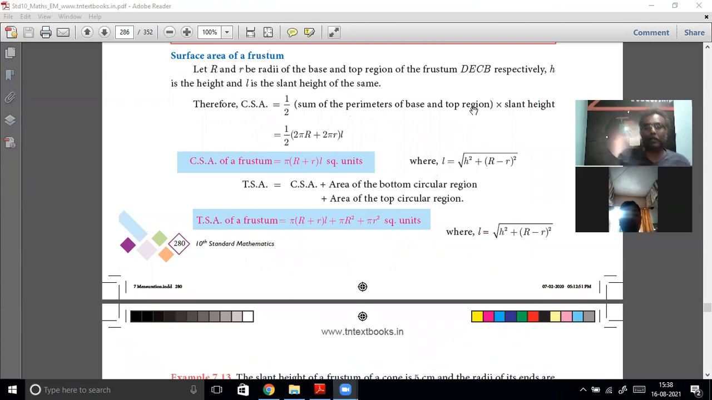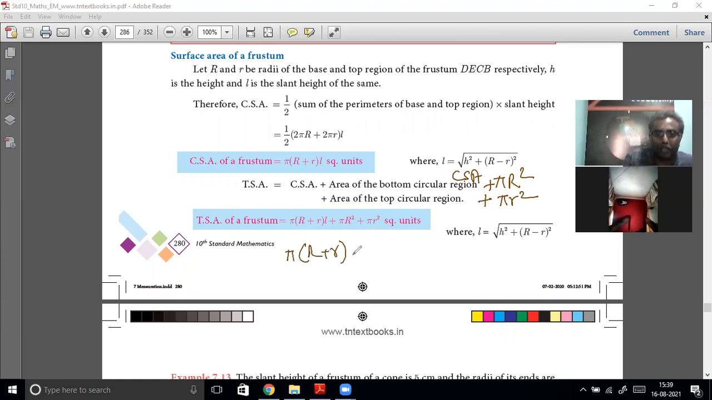That means you have to add what? You have to add the area of the bottom circular region, that is pi r squared, and the area of the top circular region, that is pi r squared. So CSA plus both. Already we know CSA is equal to pi into (R plus r) into L, plus pi R squared plus pi r squared. Take this pi outside: pi into (R plus r) into L plus (R squared plus r squared). This is the formula for